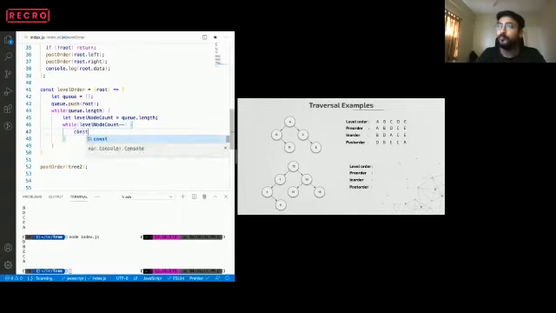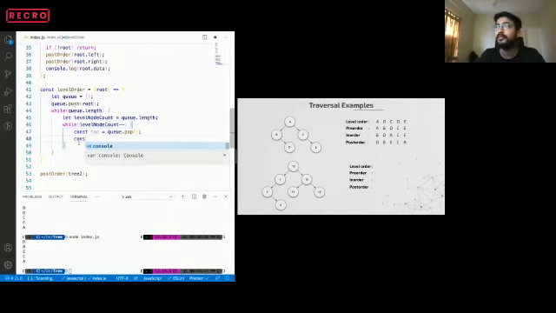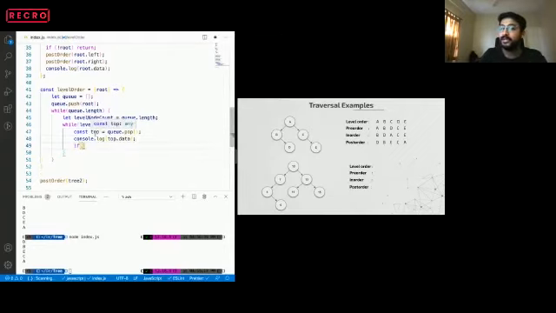So we get top of the queue dot pop. Top is our root element over here, so we have to process the root at that time. Top dot data, and then if the top has a left child, we'll push it on the queue back. If it has a right child, we'll push it on the queue back, correct?